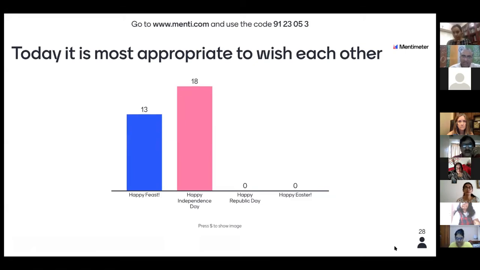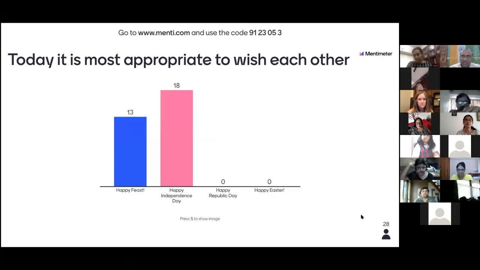Where is the chat box, Paul? If you click anywhere on your screen, you should be able to see chat down. If you're doing it from a mobile, there will be those 3 dots at the side.